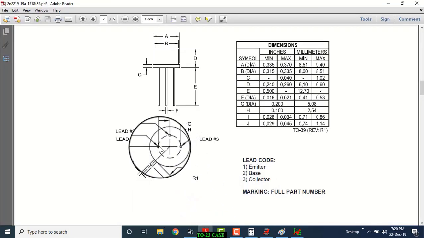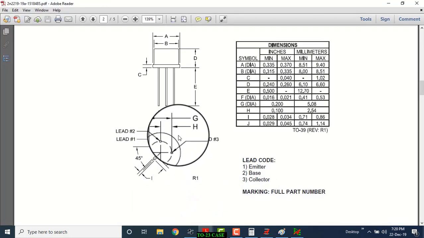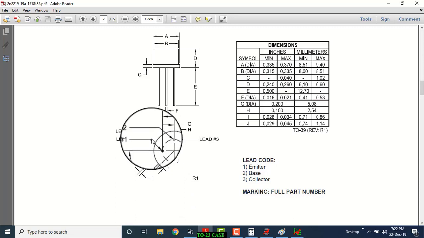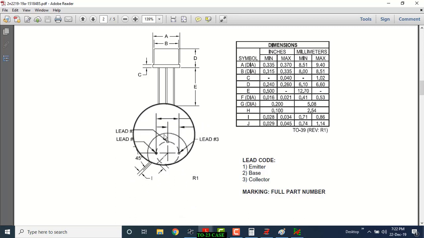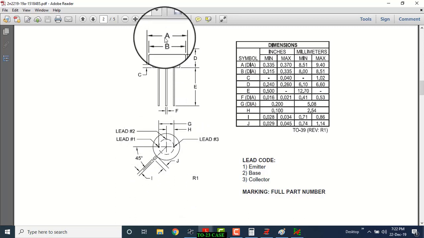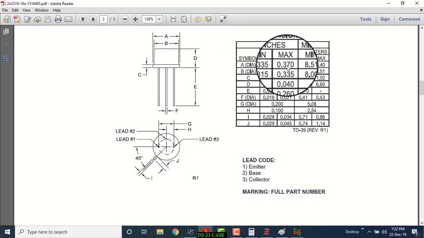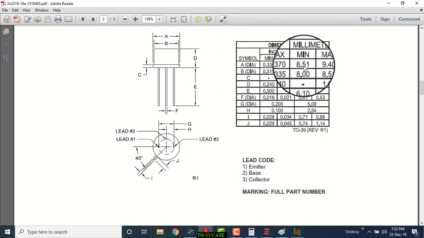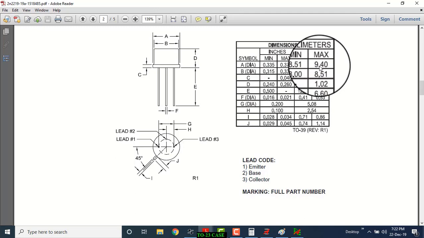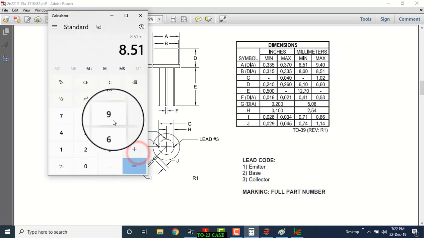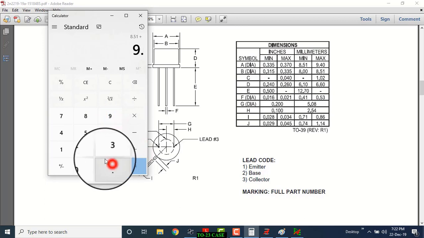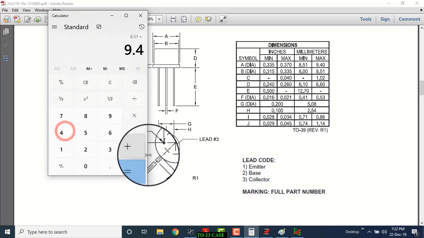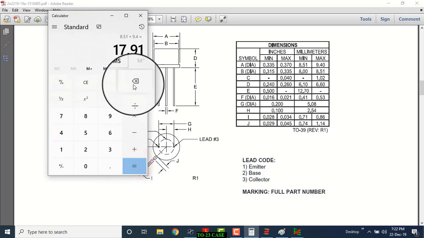See here. Okay, one more assembly line is there. Now we have to think about the outer circle. So for the outer circle, they have given here A equals minimum 8.51, maximum 9.45. So we will take the minimal value plus 9.4 equals 17.91 divided by 2.